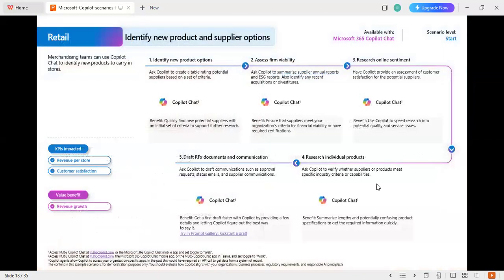So it says, retail, what can we use it for? Identify new products and supplier options. So merchandising teams can use Copilot chat to identify new products to carry in stores. So first of all, you have to identify new product options. So ask Copilot to create a table rating potential suppliers based on criteria. So you are a merchandising team, so you are the ones that buy things for your store, right? If you want to know how to identify new products to carry and sell in your store,